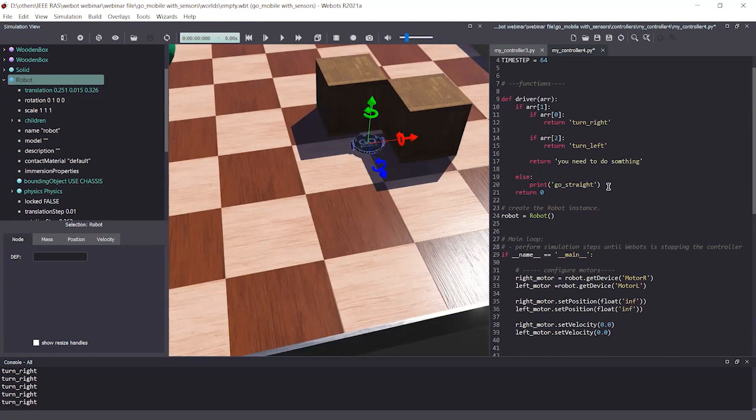So then I'm also going to change this print to return, and this return is unnecessary.